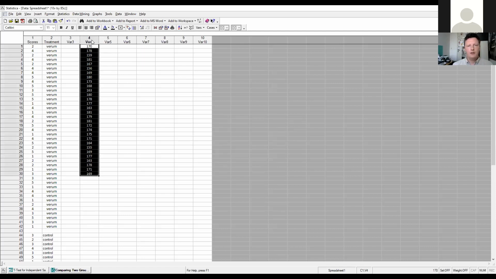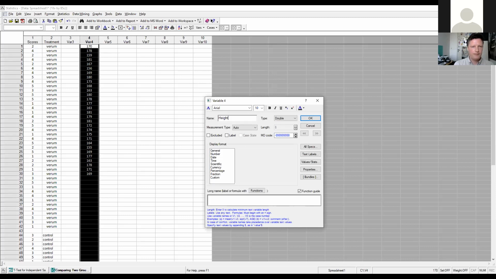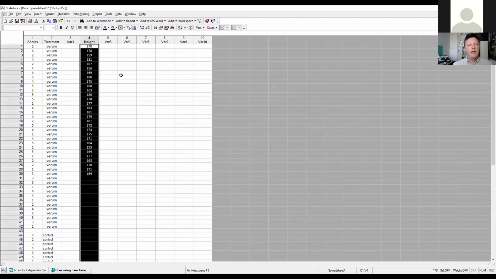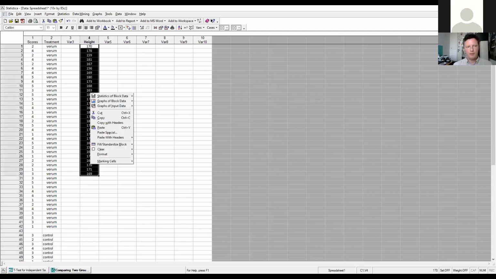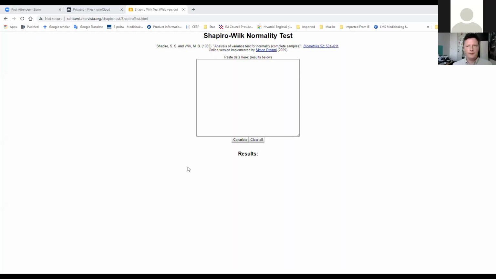Okay, this is height. So 30 data points. And what I want to do, I want to test it. I can also use the online program from before. I can test it here, or I can use the software we've shown earlier. Give me a second, I suppose it's a bit easier to show. So you remember this one from before, when I copy paste the data here,